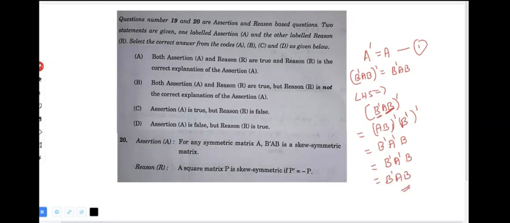Hence it is proved. Therefore, we can say that the solution for this is A is true and even B is true, and reason R is a correct explanation of assertion A. So the answer for this question is